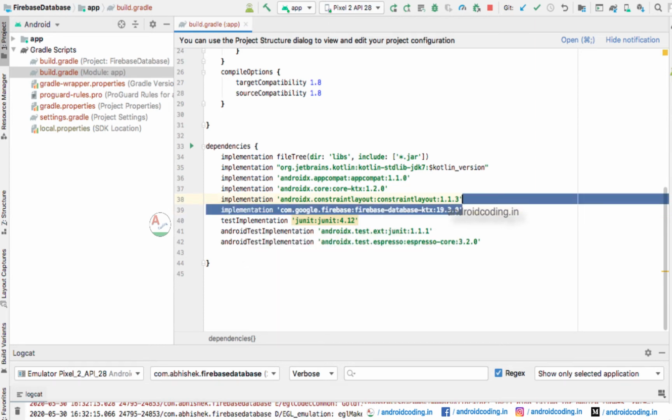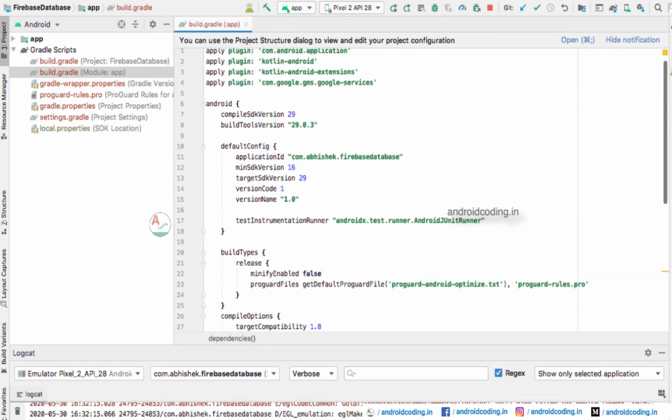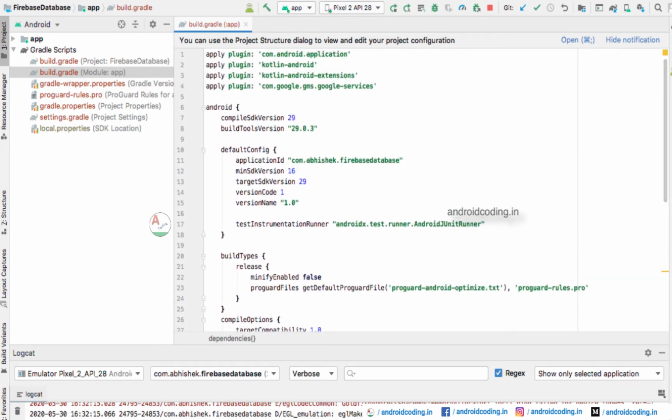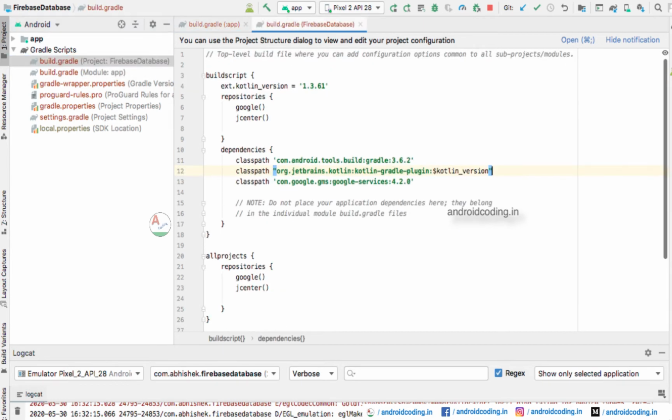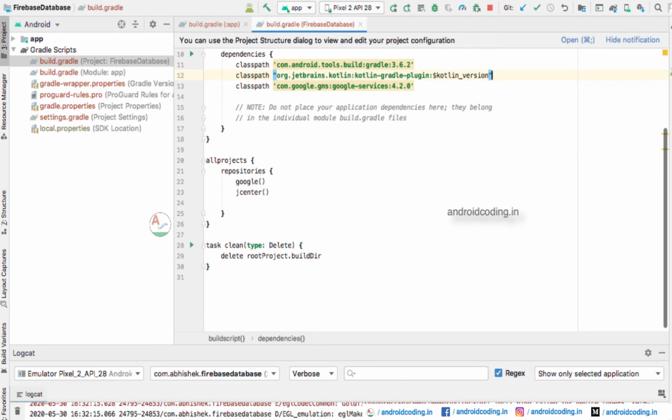Here you can see we have added Firebase database. This particular tutorial I am doing in Kotlin as usual. So if you have any queries regarding the language, if you wanted it to be in Java, just let me know in the comment section below, and you can also let me know on my Instagram handle. I can provide you the Java code also. So here, if you want to know details regarding these implementations, you can follow my previous tutorial, because I have already explained them over there.